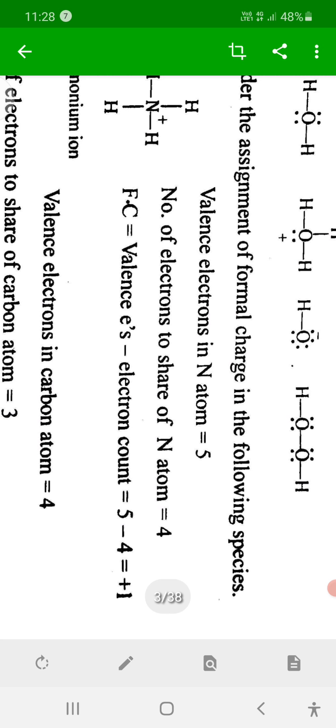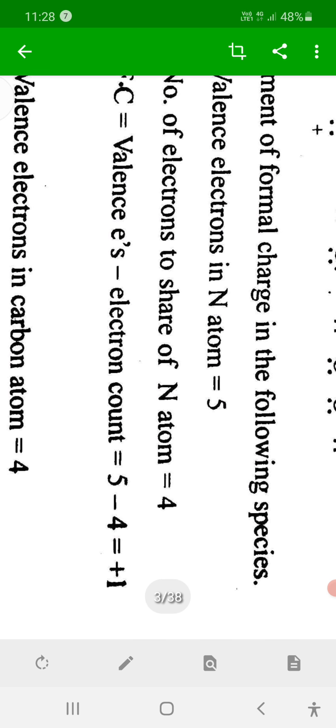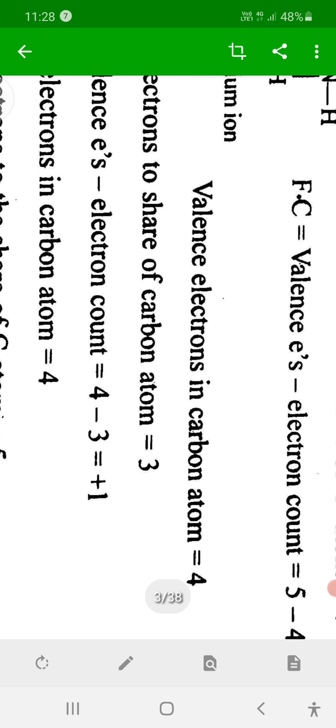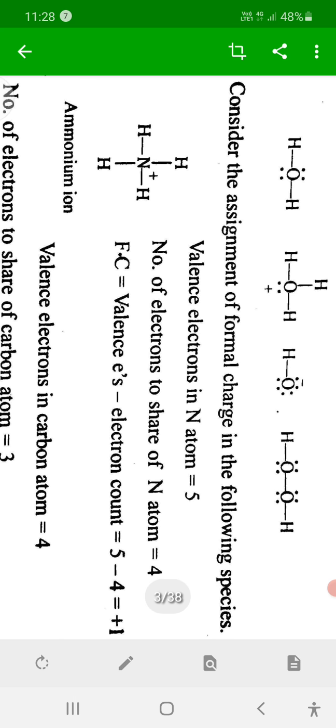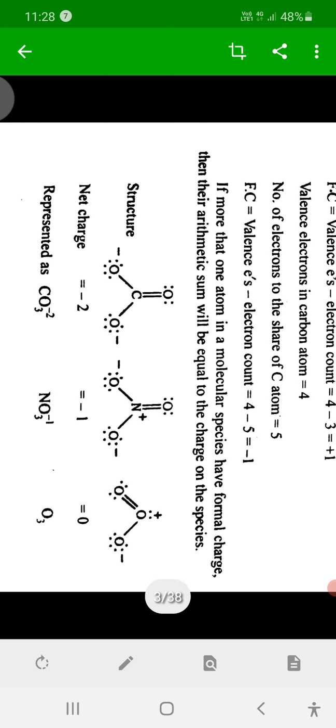Then that is equal to valence electrons 5 minus that electron count 4. 5 minus 4 is plus 1. Therefore, the formal charge on nitrogen in the ammonium ion is plus 1. In this way, by using that formula we can calculate the formal charge on any atom in an ion or in a